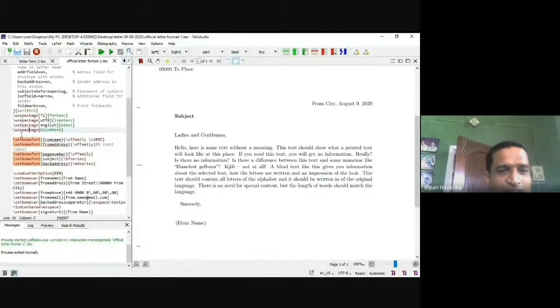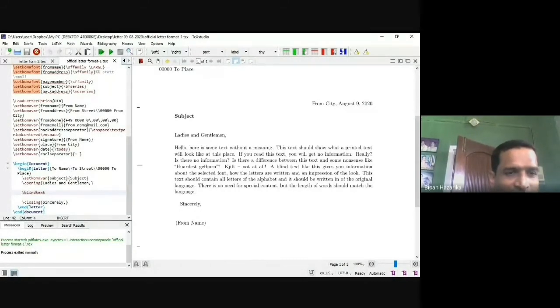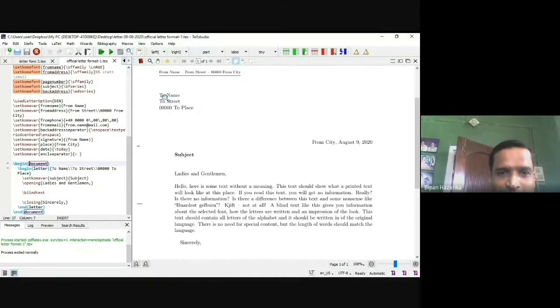Within begin document and end document we write all these things. The to name, the to street, and these numbers have been shown here.